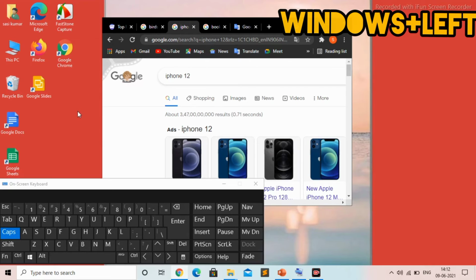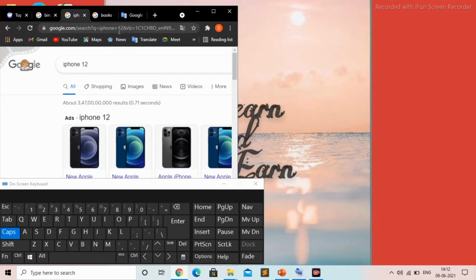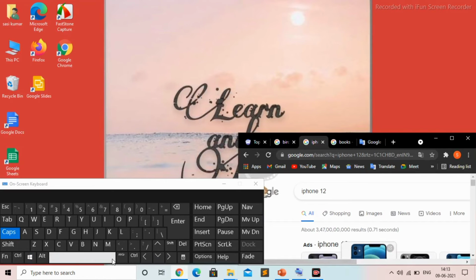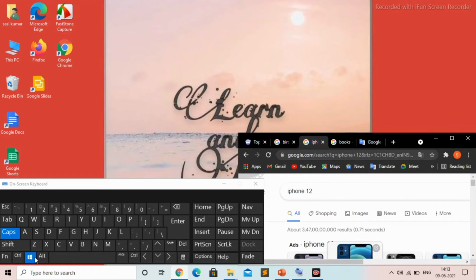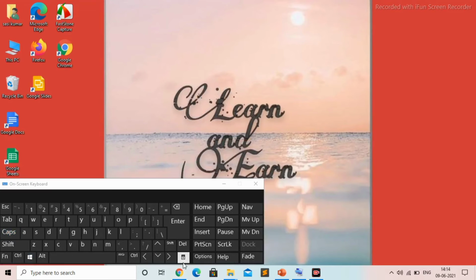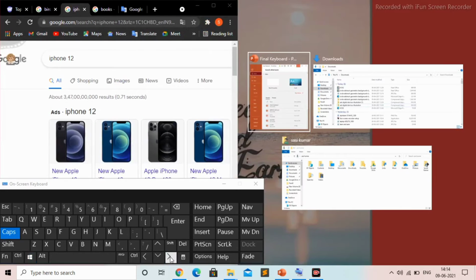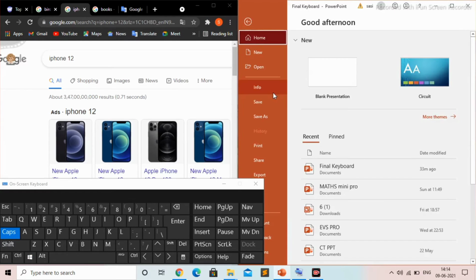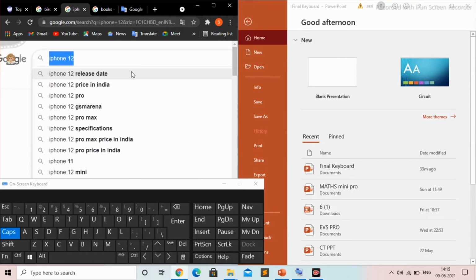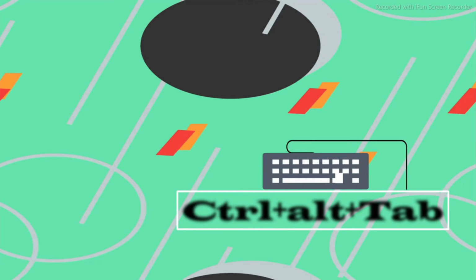The next key we have to see is the split screen key. This key is Win key plus left arrow. If you want to work with 2 apps parallelly and you don't want to mess up with minimizing and maximizing the 2 apps, you can use this trick by clicking Win key plus left, and you will be shown which app you want to work with. So I am here opening a presentation, and in this Google presentation you can download images and copy them into presentations, so it will be very useful to work parallelly, and it will save time.